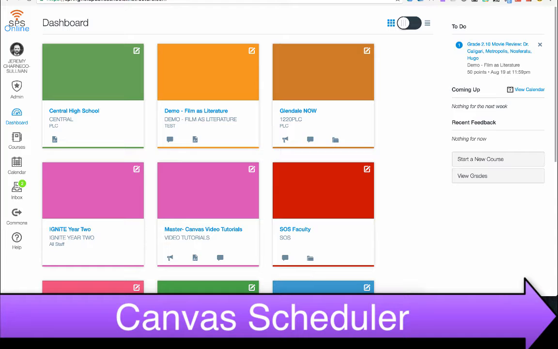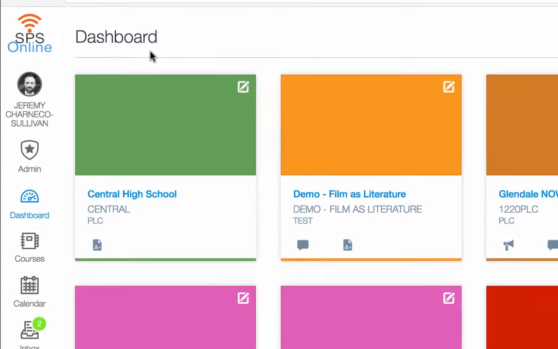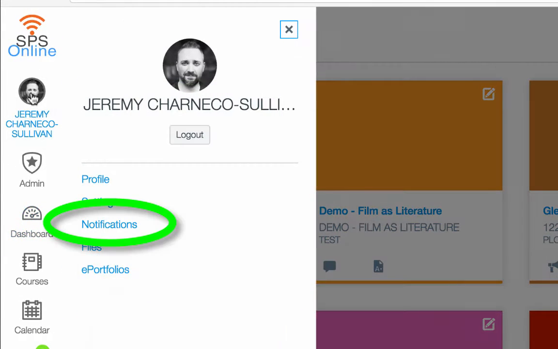The first thing I always recommend doing if you're going to use the scheduler is to have your students make sure that they have their scheduler notifications turned on, because these are notifications that they may not think to have turned on. So as a reminder to set those notifications, have them go to their name, they choose notifications, and